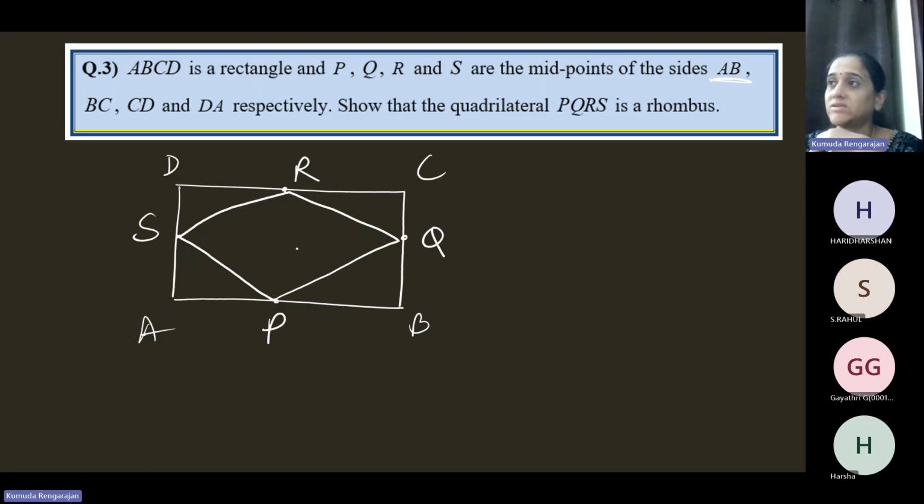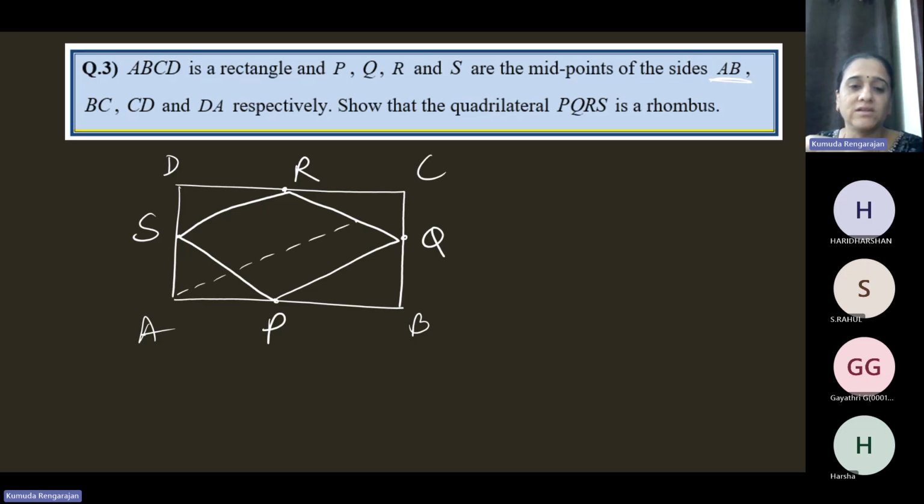You need to prove that the inner one is a rectangle. What's the definition of a rectangle? A parallelogram in which one angle is a right angle is a rectangle. So you need to prove that PQRS is a parallelogram. Everything starts from the parallelogram. So how do you prove it's a